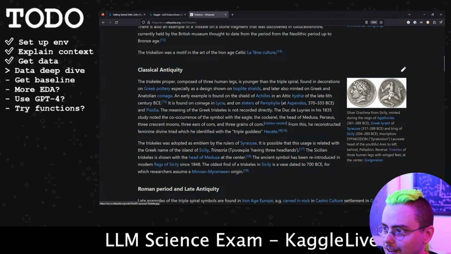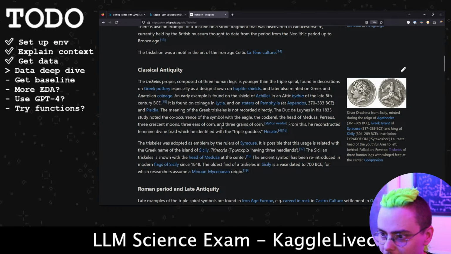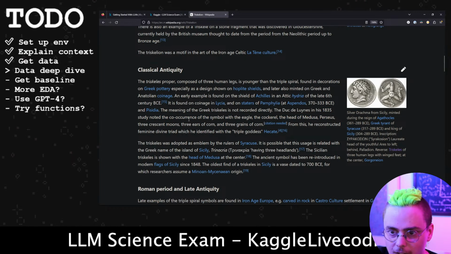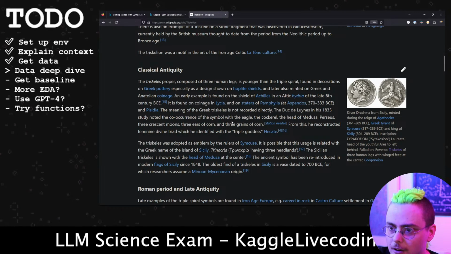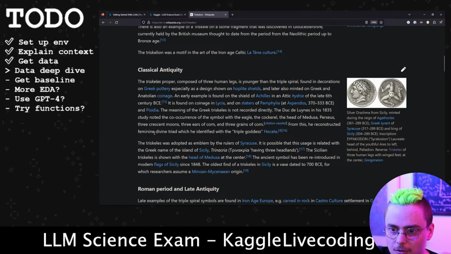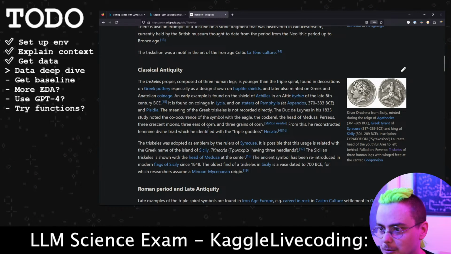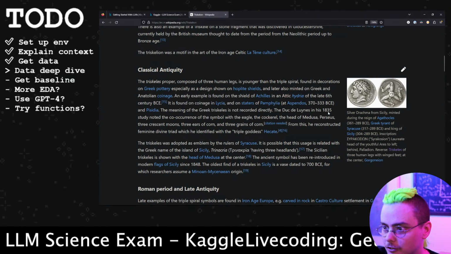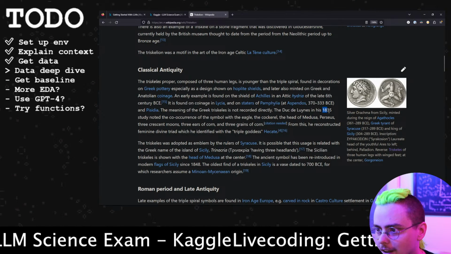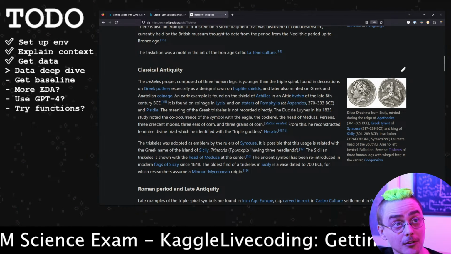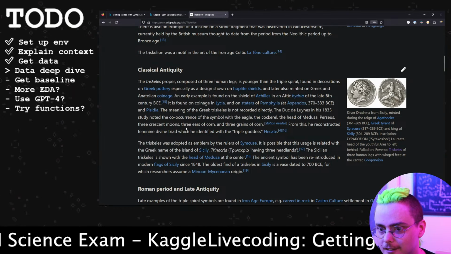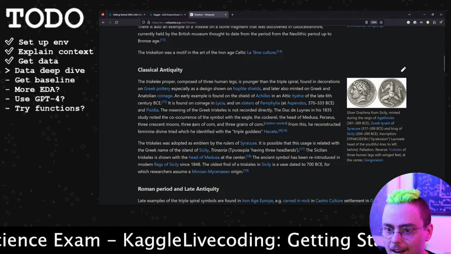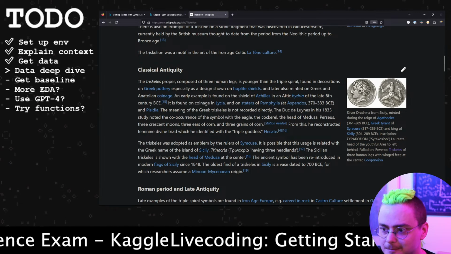Nice. It looks like the Triskelion is in fact the one with the 3 legs from the Isle of Man, so I wasn't as wrong as I thought. Yeah, so it looks like in this 1835 study, the Duc de Luynes noted the co-occurrence and reconstructed a feminine divine triad, which he identified with the triple goddess Hecate. So one thing that I'm noticing here, and that Jeremy also points out, is that this segment here is actually just what some dude in the 19th century thought was the meaning of this thing. He's the one who said it was a feminine divine triad that is being represented by this thing.